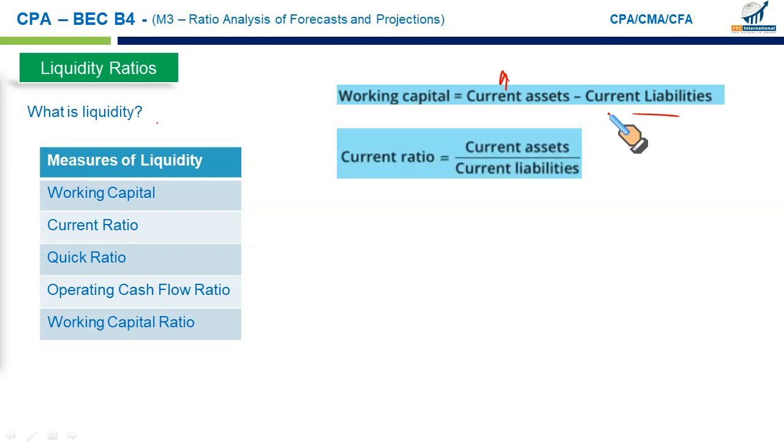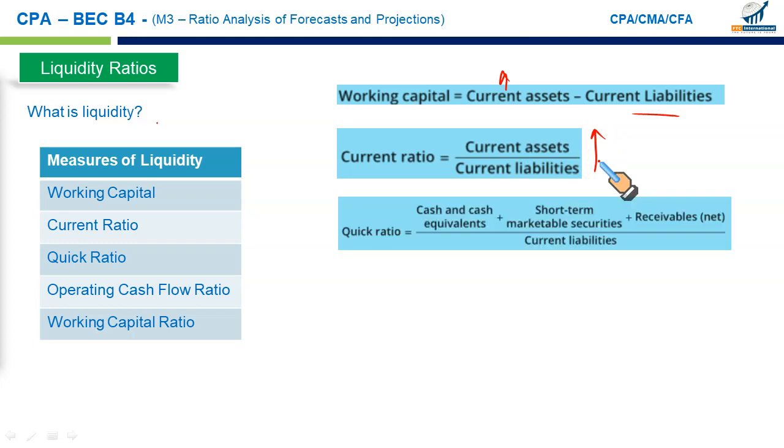Similarly, current ratio is the ratio that we calculate by dividing current assets by current liabilities. If this ratio is higher by plugging in some expected numbers, that is good. Higher current ratio is better. But if the ratio is lower than the previous ratio, then this means the business will again have some funding problems. We may have to arrange some funds to meet the shortfall.